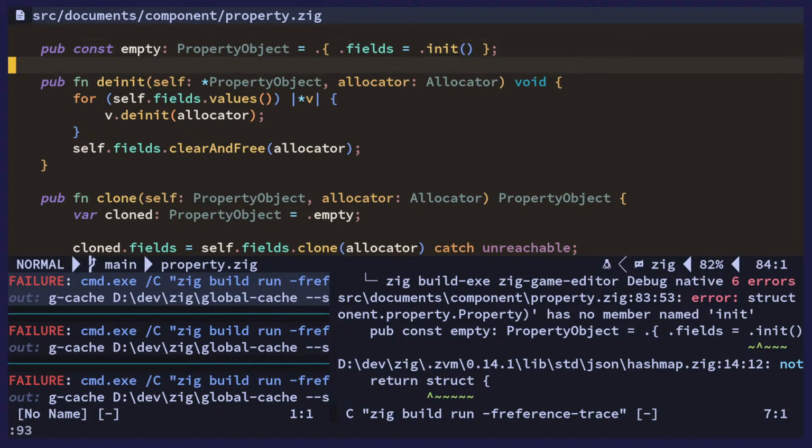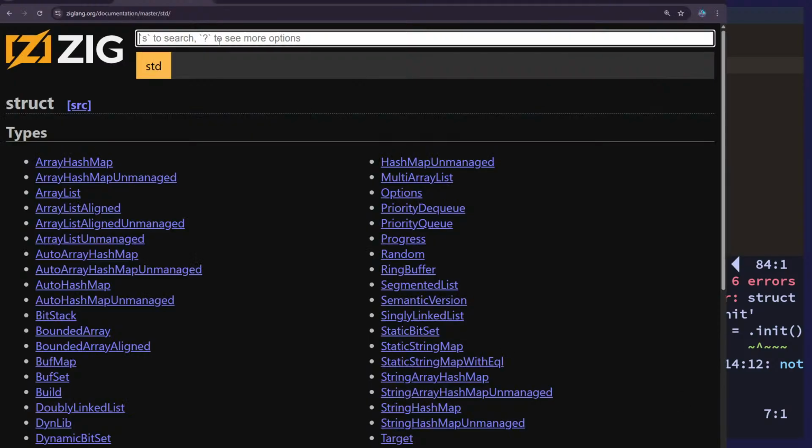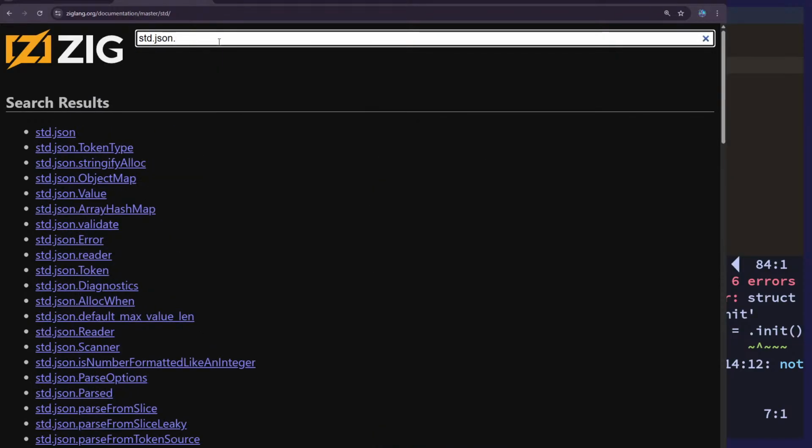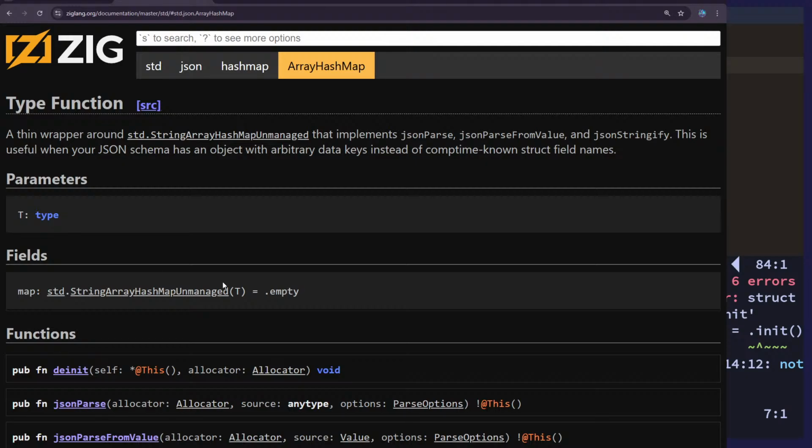Okay. So how do you just make an empty one? I have to look this up. Zig standard. So we have standard JSON array hash map. It's over here. Why doesn't it have an init function? So I have to create it using